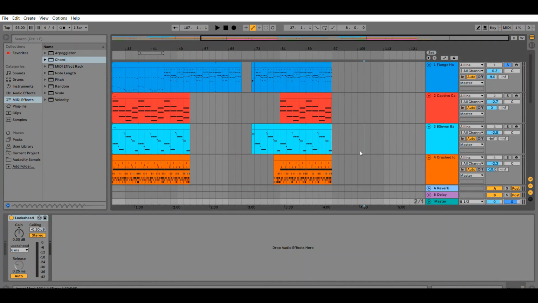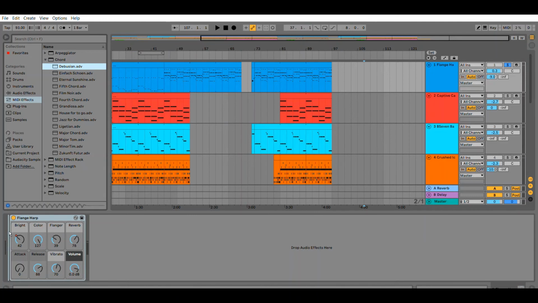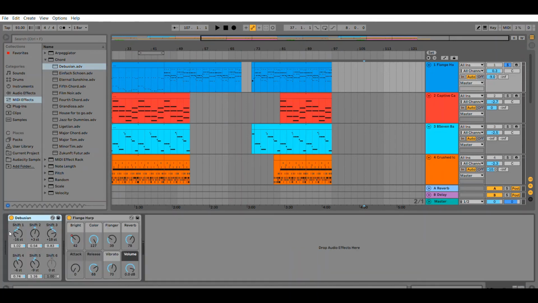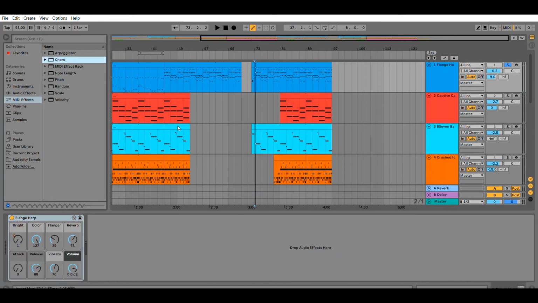MIDI effects are very simple. What they do is they just add things to the start. So you put it in front of the MIDI sound, and then you can configure it. So this is to do chords. That obviously sounds terrible because I haven't set it up properly, but you can mess around with it. And yeah, these just make it a lot easier. It means you don't have to actually write out all the individual MIDI notes,